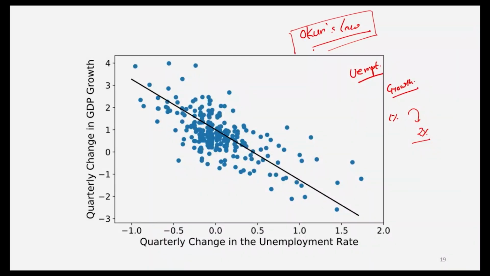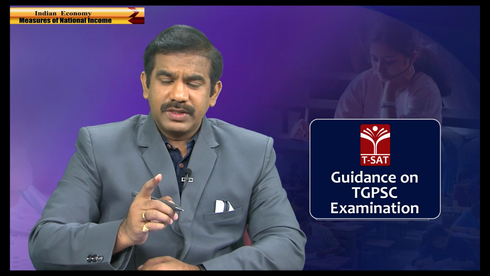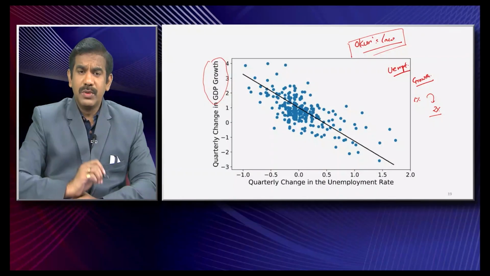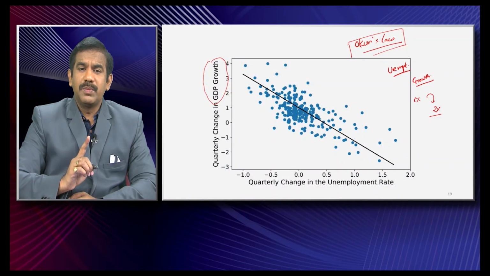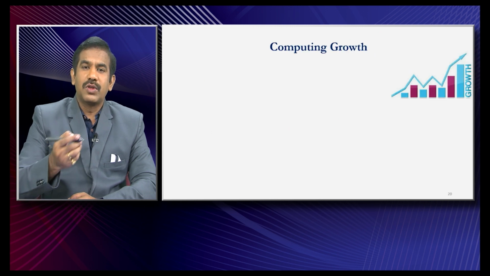And the reason why I have discussed Okun's law is to let you understand the concept of growth, because the next part is what we are going to compute, that's growth. So, how is growth measured and what exactly is called the growth of an economy? I am revising it one more time. Okun's law is simply a law that depicts the relation between how unemployment would have an effect upon the output of an economy, or what we call the growth of a particular economy. So, now let us look at what exactly is the growth of an economy.